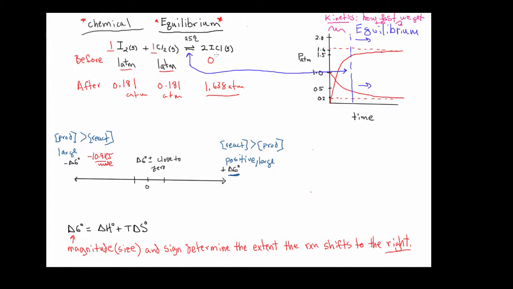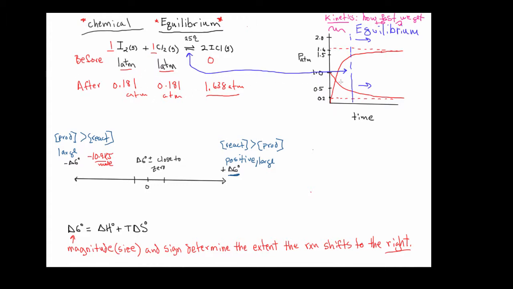The product, the ICl, has increased to a pressure of 1.6 atmospheres roughly, and you can see that that's depicted on this graph over here, where at the start of the reaction, at the point where there's no ICl, the concentration increases and reaches an asymptote. So it approaches 2 atmospheres but never actually reaches that quantity of ICl,